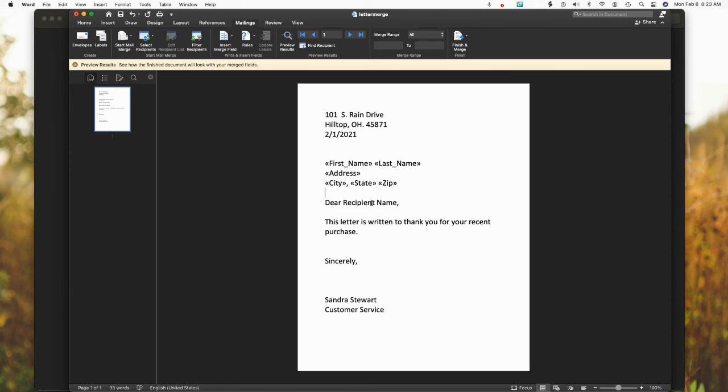And then the same thing here. Notice where I have dear recipient's name. I'm going to highlight out recipient's name because that's not what I want to say. I wanted to say the actual person's name. Delete that out. Same thing. I'm going to hit space. I'm going to insert first name, space. I'm going to insert last name. So now I've got a letter created, and it's going to put the information in that's coming from my Excel